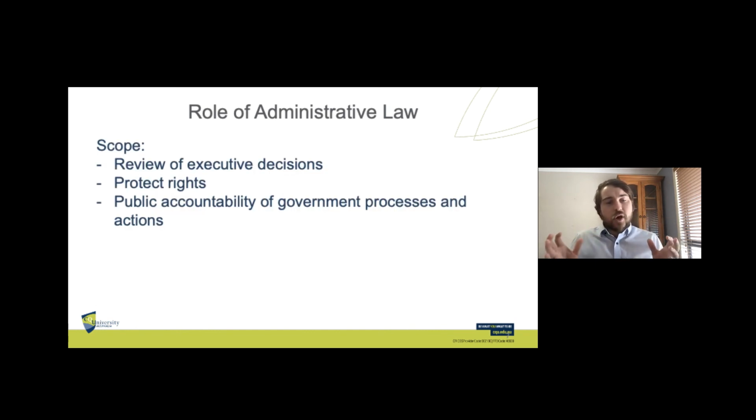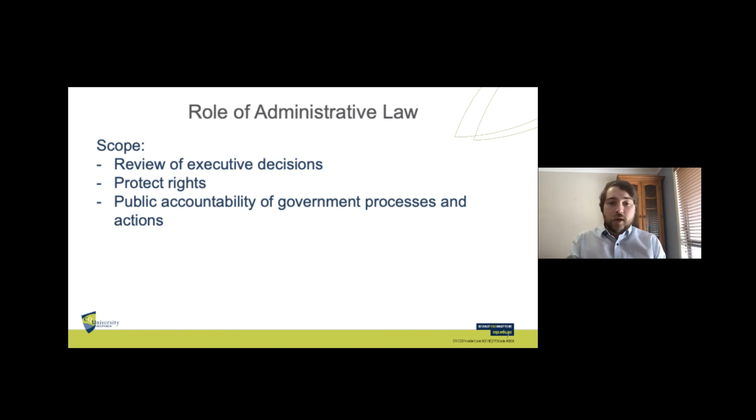So in terms of scope, what we're thinking about is the way in which we can review decisions of the executive, ways in which we can understand how a particular decision was made. If a poor decision was made, how do we correct that? And through that process, how do we protect people's rights? How do we ensure that the government is ensuring that people's rights are not interfered with unnecessarily? How do we ensure that people are being supported by government rather than